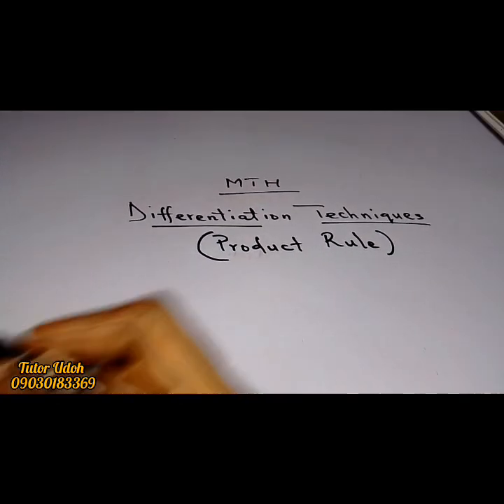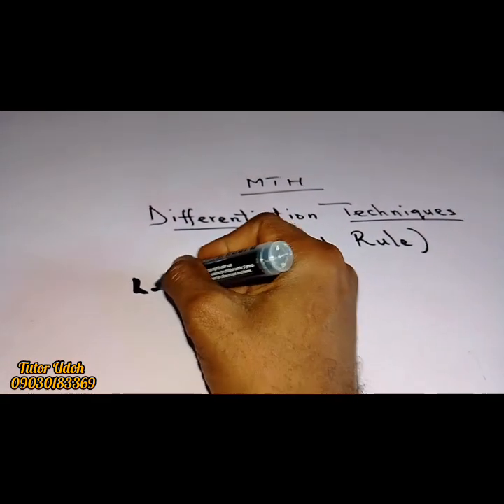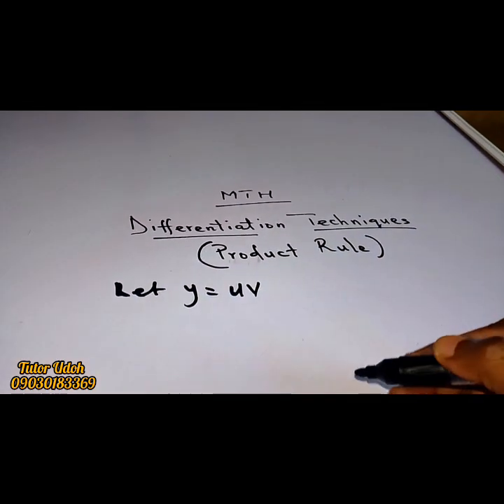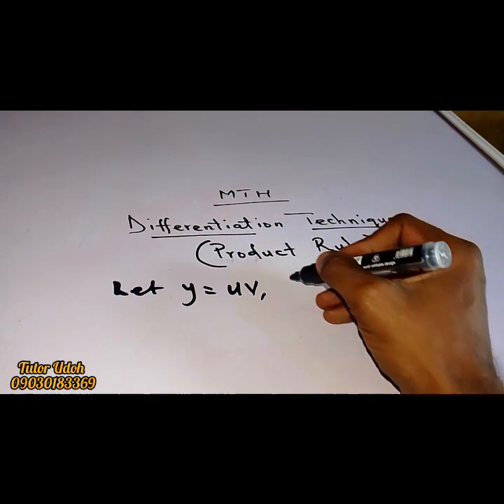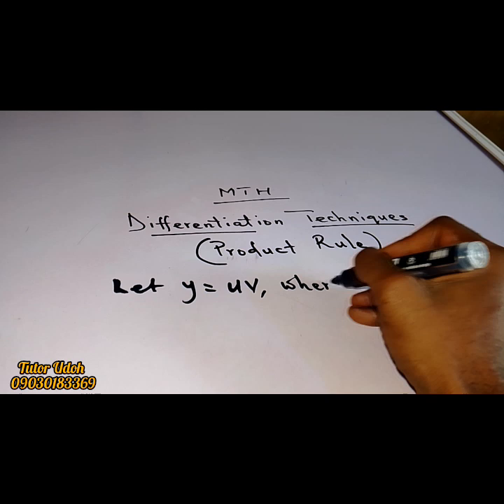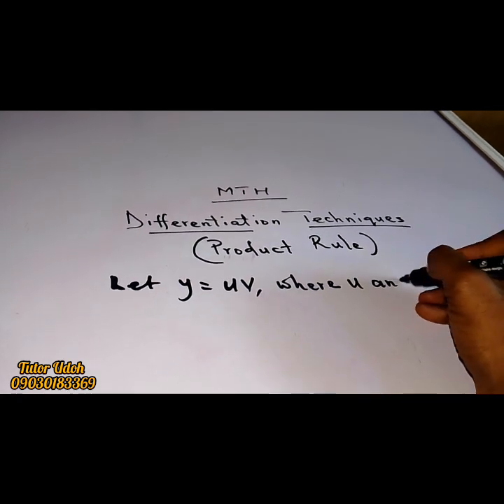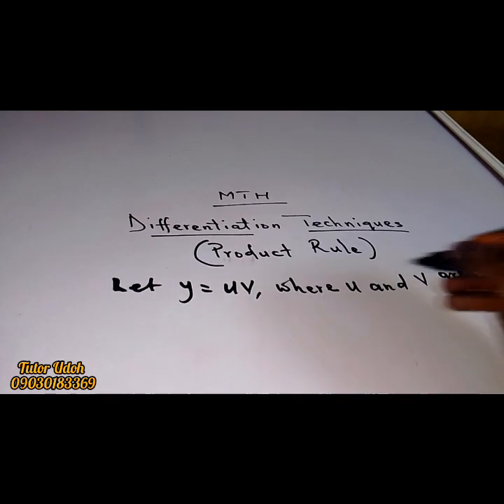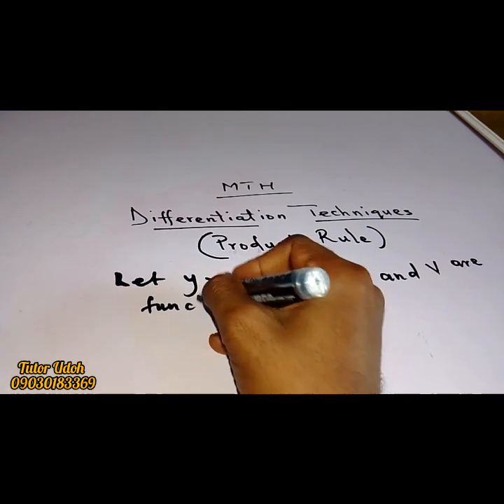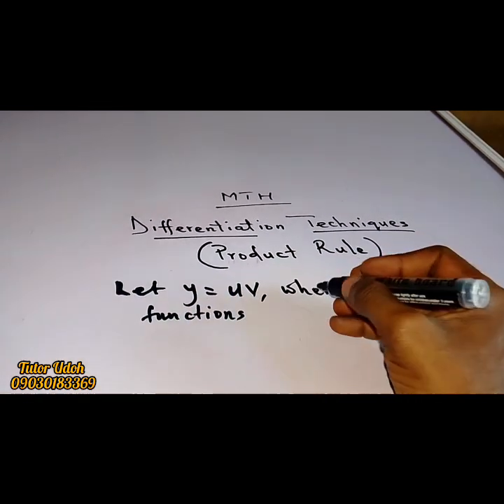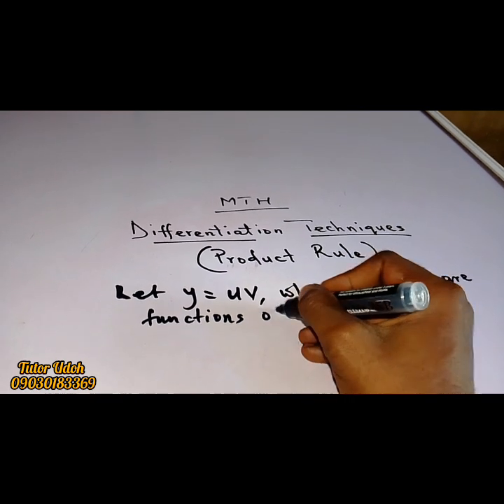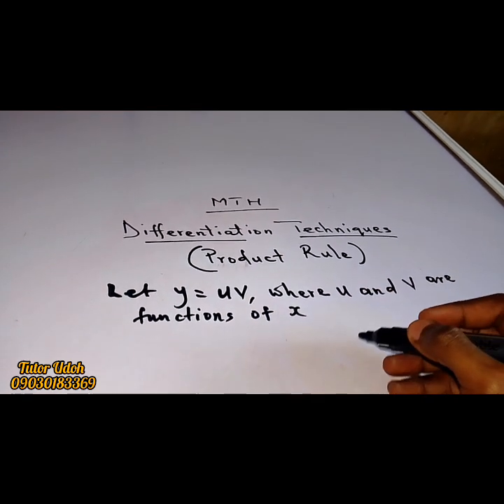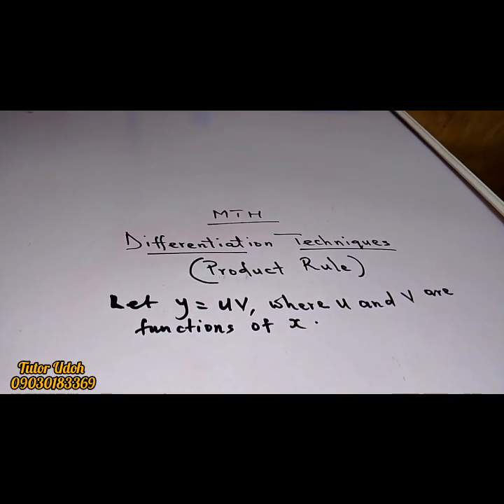So, let's say that this is a function. Let y be equal to uv, where u and v are functions of x. So now the product rule